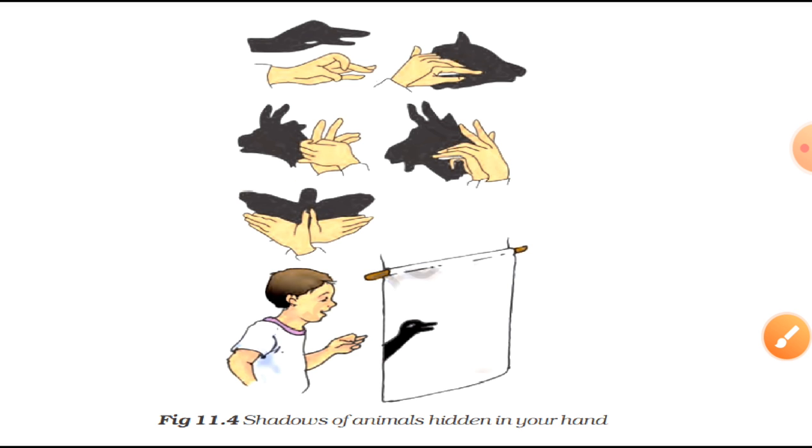Students, shadows give us some information about the shape of objects. Sometimes shadows mislead us about the shape of an object. Have a look at this picture. Here you can see a few shadows that can be created with our hands and make us believe that they are shadows of different animals. Isn't it interesting? So have fun, try all these shadows,